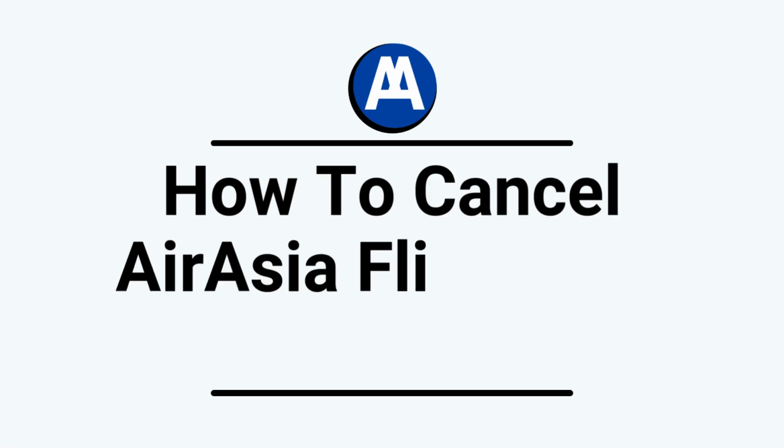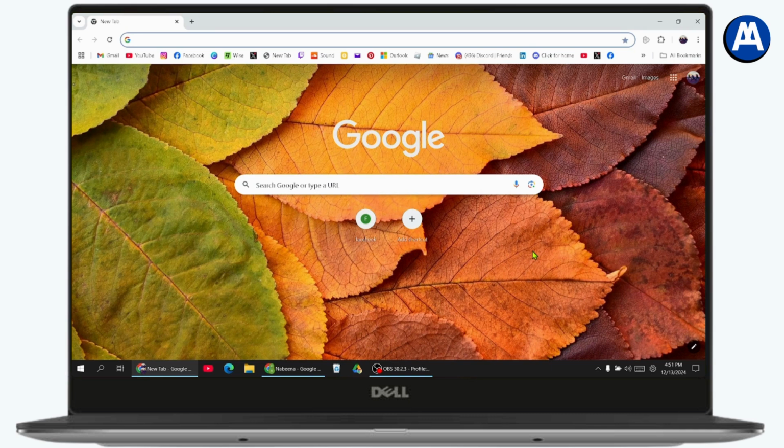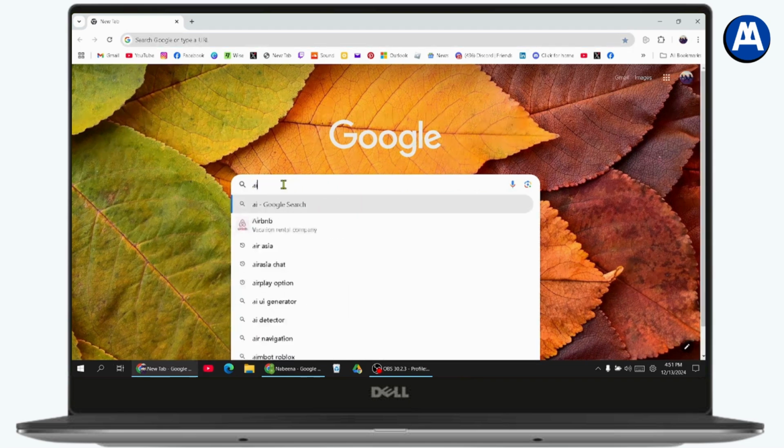How to cancel AirAsia flight and get refund. So if you want to cancel your AirAsia flight and get a refund, then what you need to do is first you just need to simply go with your browser. On the browser, you just need to simply search for